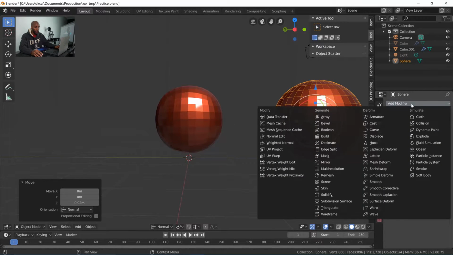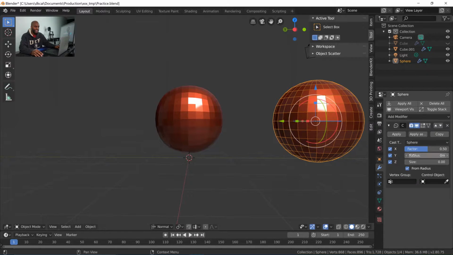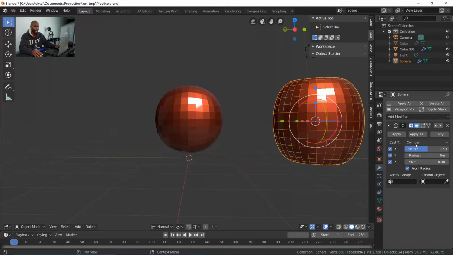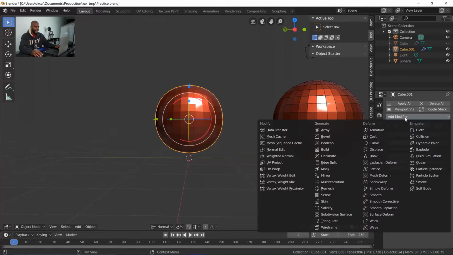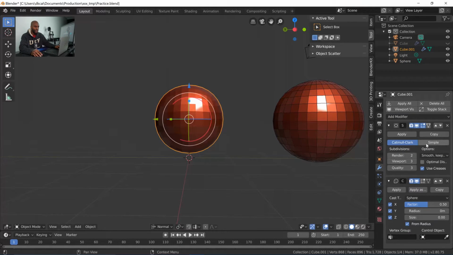A smoothed out cube. So we're going to go into modifiers and go to Cast. Cast is just like when you put your arm in a cast; it's going to make that object the shape of what you want, and we're going to cast to a sphere. You can cast to a cylinder. I'm on the wrong object. Here we go, modifier, Cast. You can cast to a